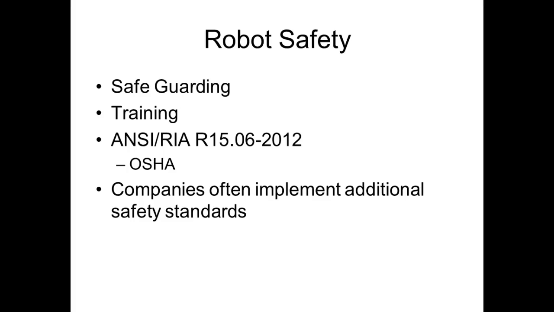So the R15.06 is the main safety standard for robotics, and you can look this up, of course. Odds are it's OSHA, right? And remember, if you're working at a company that does not do interstate business, then they're not under what? OSHA. But if they are under OSHA, then OSHA has adopted the R15.06 standard for industrial robot safety,